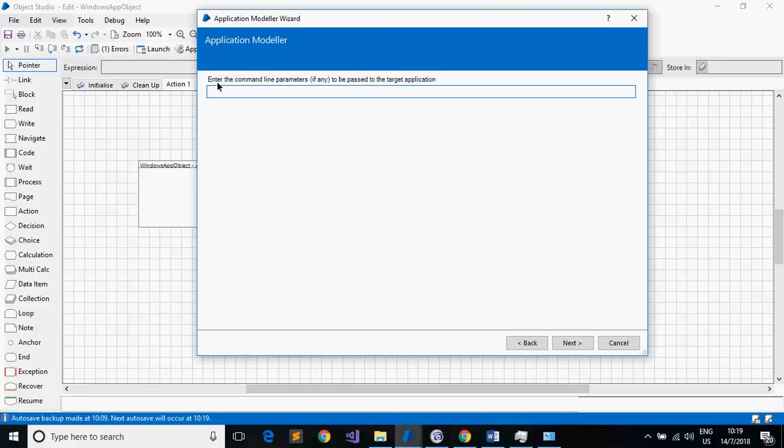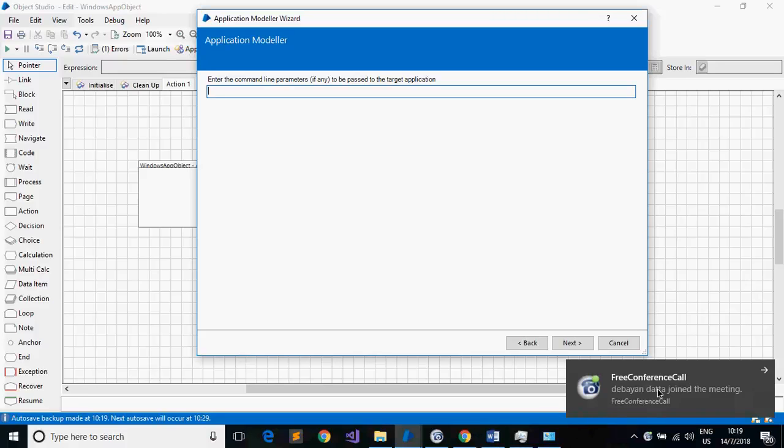So here the second option is to enter the command line parameters, if any, to be passed to the target application. Here we don't have any command line parameter. What command line parameters are: there are a few applications where we need to pass some commands in the